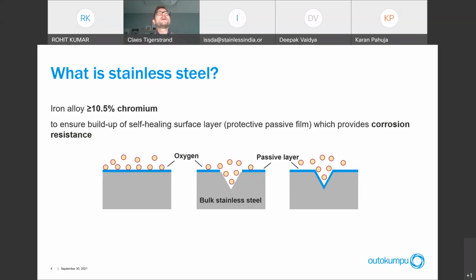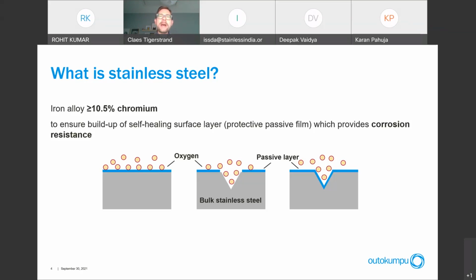And the very good thing, illustrated in the middle there, is that if you scratch the surface, this passive film has a self-healing effect. So it will directly start to be rebuilt, as illustrated to the right there. And this is a very thin layer. If you consider a steel sheet of only 1 millimeter, and consider how thin this layer is on the top, we